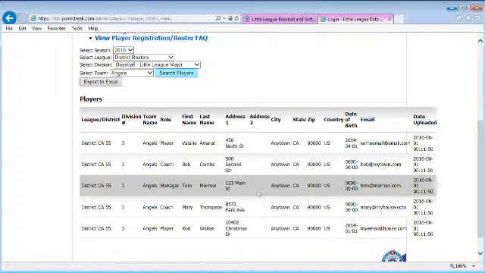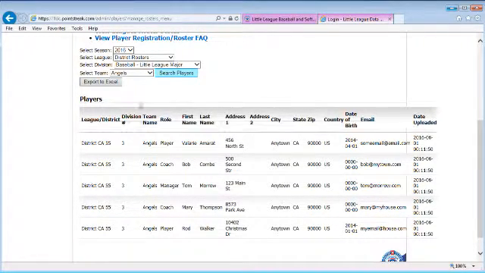If I then wanted to, I could export this back out to Excel and hand it to the manager to confirm with him that this is the roster that we show for him. And if anybody's missing or if anybody is on his team who shouldn't be there, that can all be worked out between the player agent and the manager. But this is just one tool that you have at your availability to make sure you have rosters